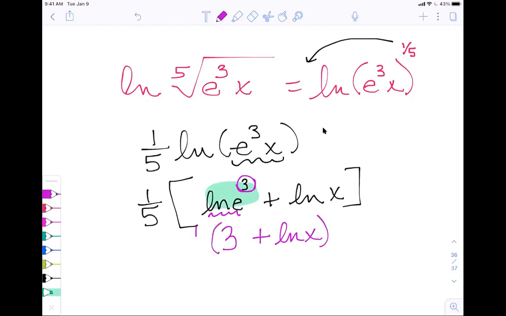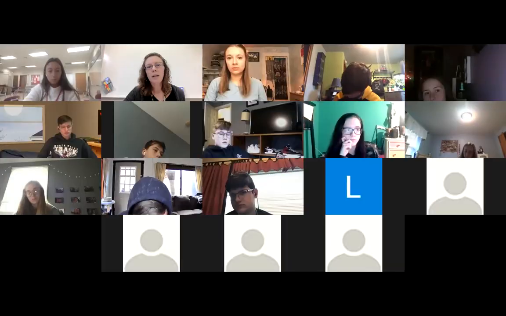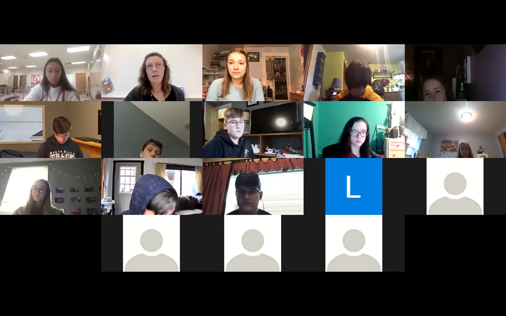And then this is still being multiplied by 1/5. So if I distribute the 1/5 through, we end up with 3/5 and then 1/5 natural log of x. So just be really careful with those properties, review the properties dealing with the exponents. So as I said, these questions and 2 more that we didn't get to are posted to Google Classroom. There are book problems as well. And I'm going to say that both of the assignments